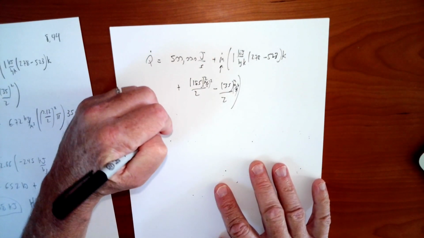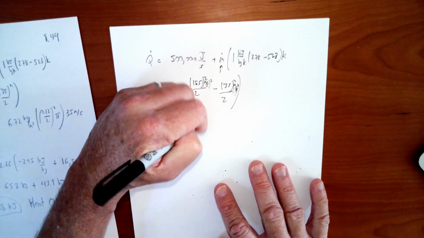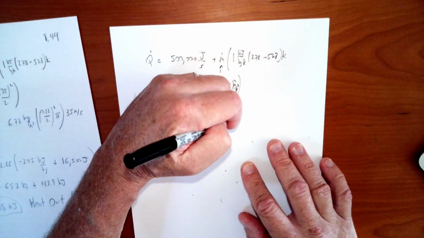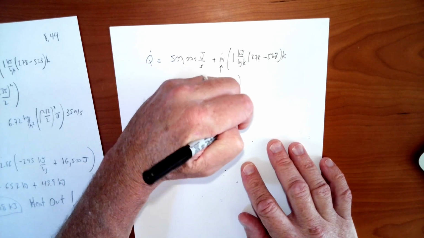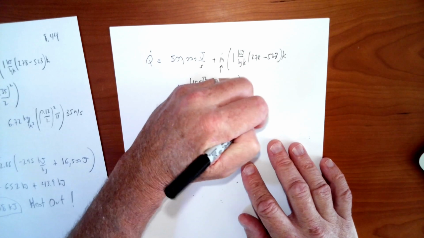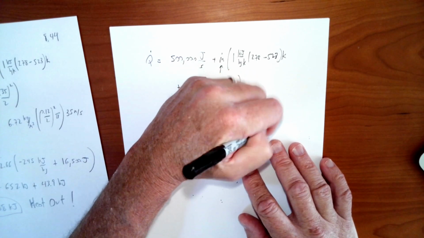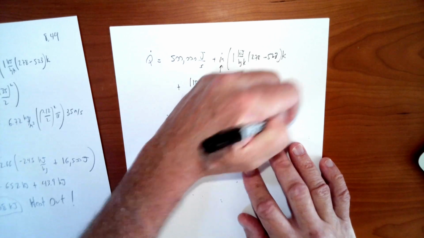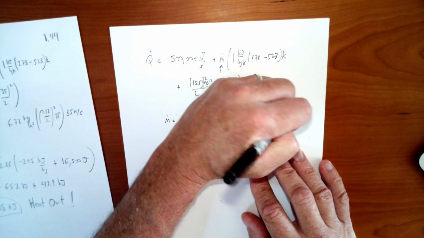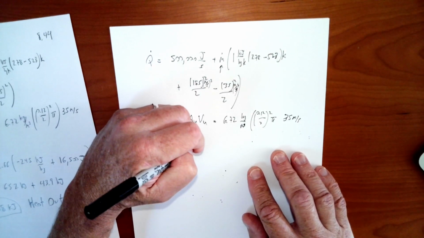M dot is easy to find because I know everything I need for this. Rho in, A in, and velocity in is M dot, and that just comes out to be 6.72, the density I just found, kilograms per meter cubed, times the area, which is pi times 0.12 over 2 squared, that's pi r squared, times V in, which is 35 meters per second. Turn the crank, and you get M dot equals 2.66